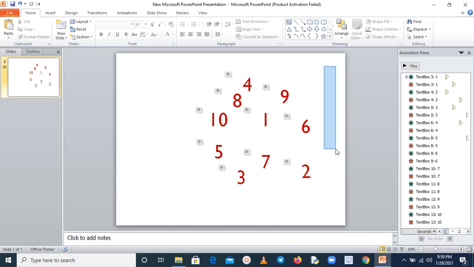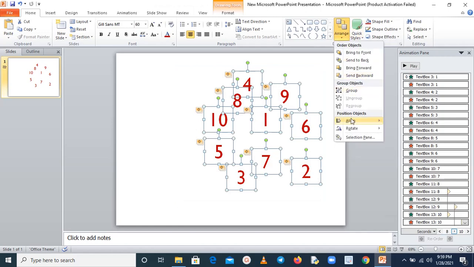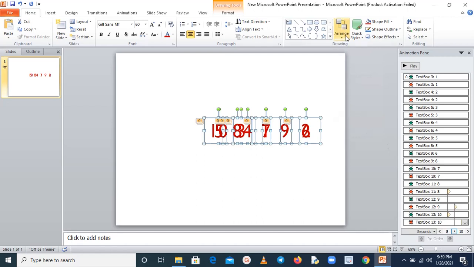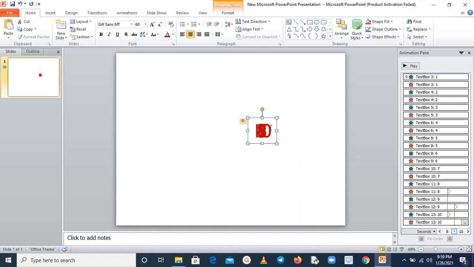So for formatting, what you have to do is select all and arrange, align just middle, again align center. This is not centered. If your formatting is good, all things should overlap one by one, then it looks good as we want. Here you can see this basically tells there is some problem. Okay, so you can minimize your problem by formatting.